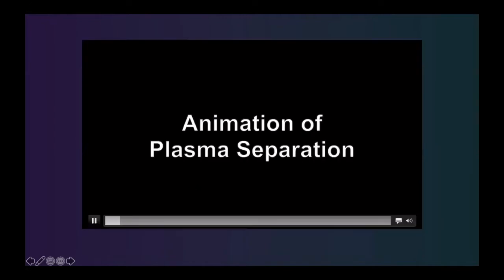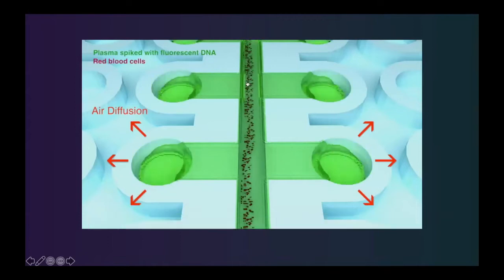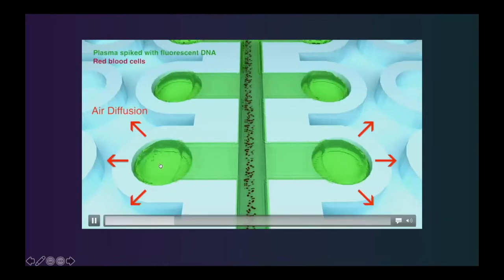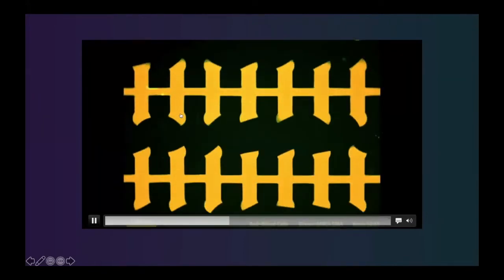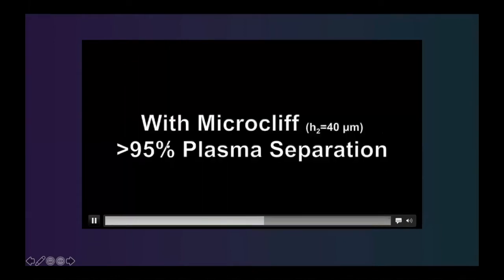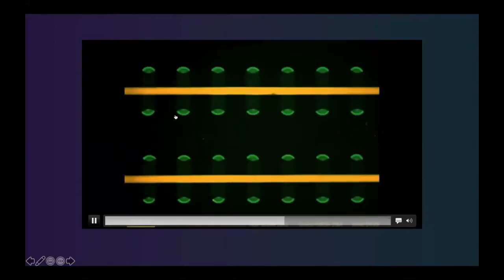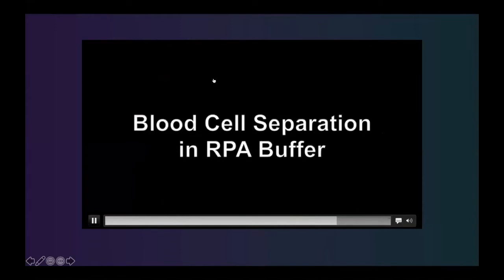This shows you an animation of how plasma is separated. Blood cells are moving forward, but plasma is separated in the chamber so that we can isolate them. This is the bad design I want to show you, but the proper design allows each chamber to be independent, so that each circle is showing the blood plasma.